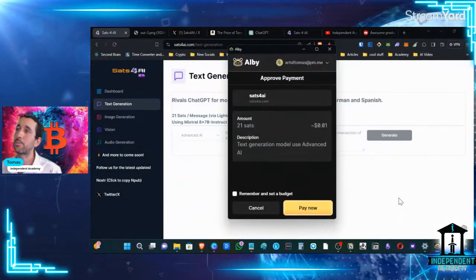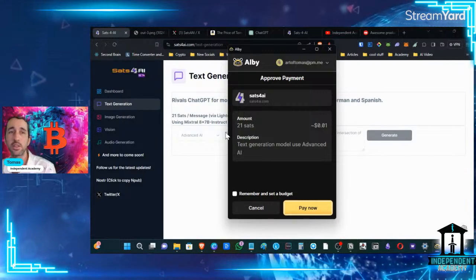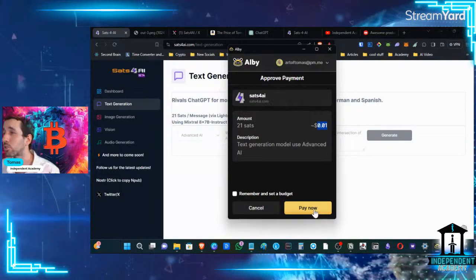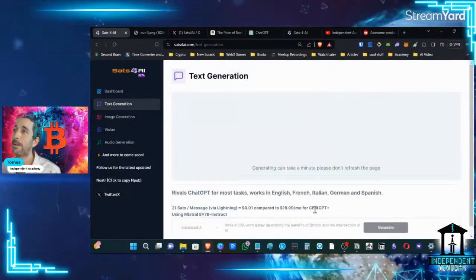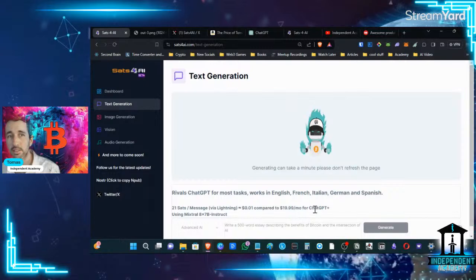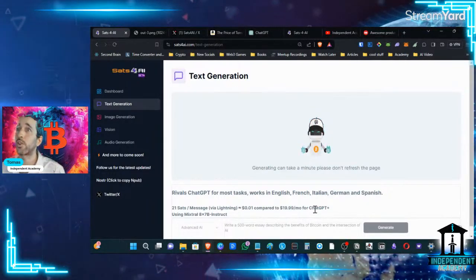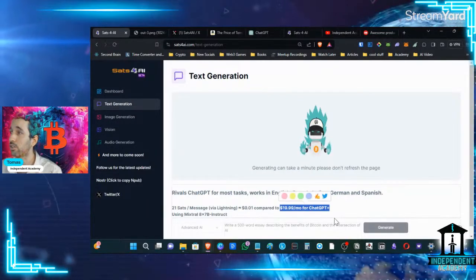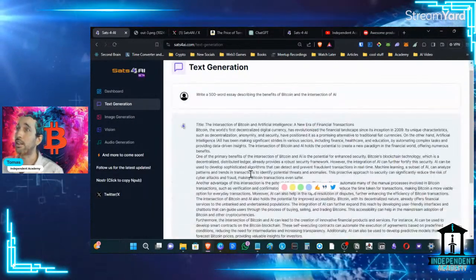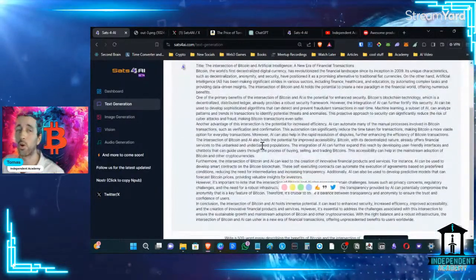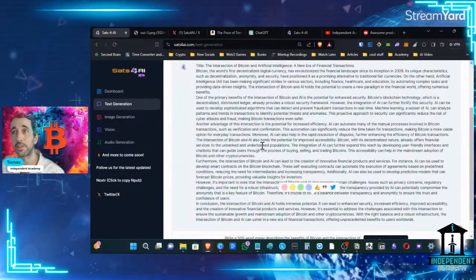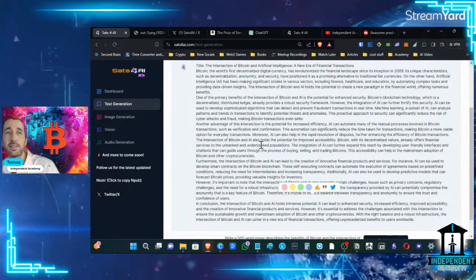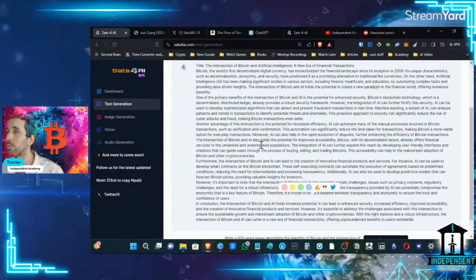Once again, it's going to prompt up our Alby wallet to pay. And this is the really cool thing. For text, you only pay 21 sats. So you're paying 1 cent. So if you need just a quick text prompt generation, Sats for AI is a good tool for you instead of spending $20 on ChatGPT Plus. Again, this is using the open source models, which are developing really, really quickly. They may not be as full on as the paid ones, but it is a good opportunity.